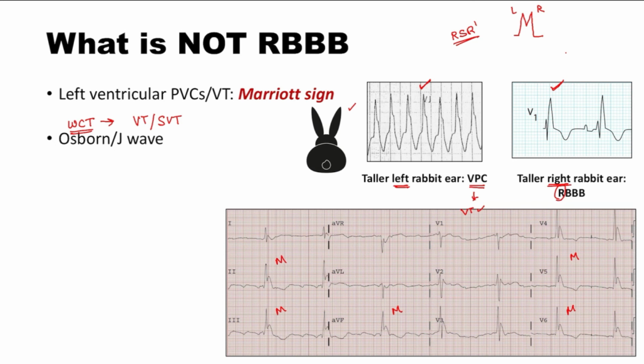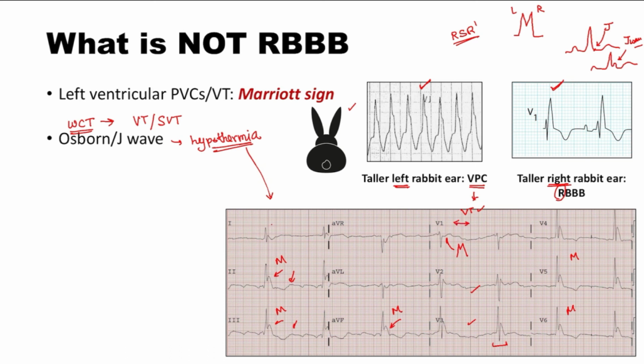Now, what exactly is a J wave? If you have a QRS complex like this, this point is the isoelectric point, or the J point. At this point, if you start having some bleb of this kind, this is called a J wave. It can be seen in many conditions, and the most commonly recognized one is hypothermia. So you should not get confused. In RBBB, the morphology is seen in lead 1, in addition to widening of QRS complexes and an S pattern. In this, you don't see any S pattern in the lateral leads, and the M pattern is seen in other leads and not in the right-sided leads only.